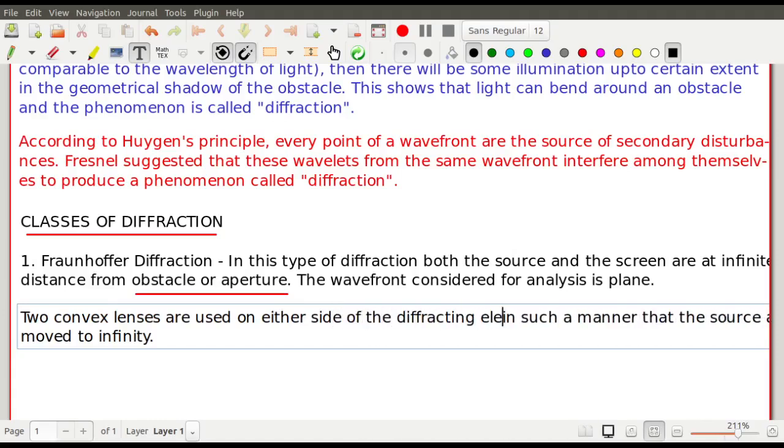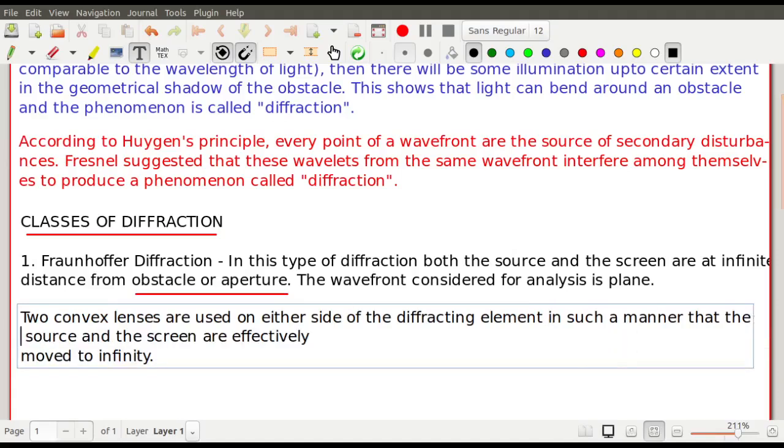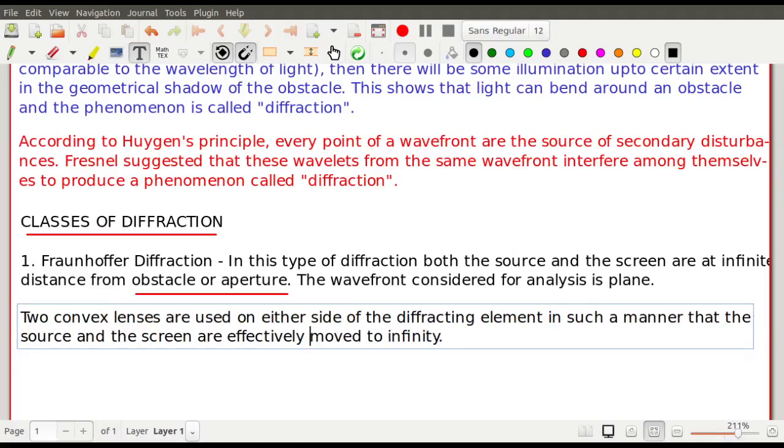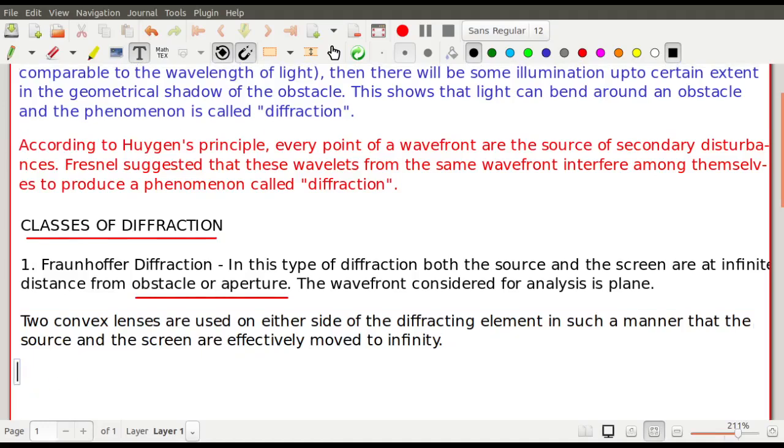Diffracting element, meaning either it is an obstacle or it is an aperture, in such a manner that the source and the screen are effectively moved to infinity. That's it. এটাই হচ্ছে আইডিয়া। ঠিক আছে? আর নেক্সট হচ্ছে তোমার ফ্রেনেল ক্লাস অফ ডিফ্রাকশন। ফ্রেনেল ডিফ্রাকশনে হচ্ছে ফ্রেনেলস ডিফ্রাকশন।